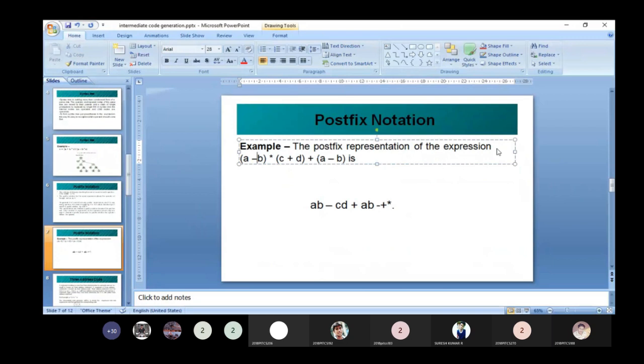Okay, so how can we convert this infix expression into postfix? Already I told you the form of a postfix expression: operand 1, operand 2, and at the last you mention the operator. So first, within the parenthesis we have A minus B. How can we convert that?